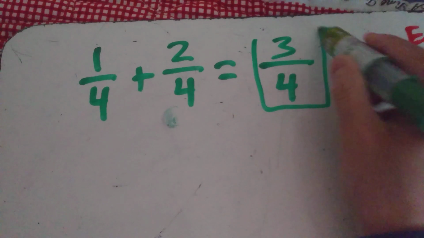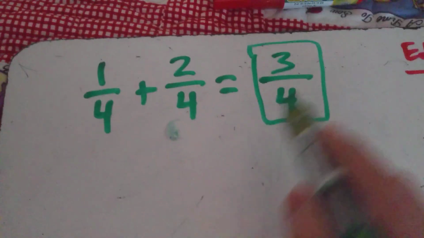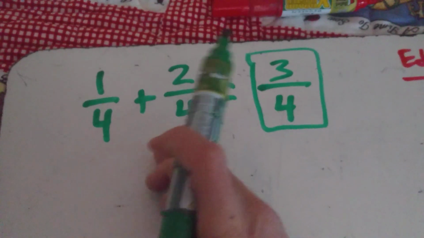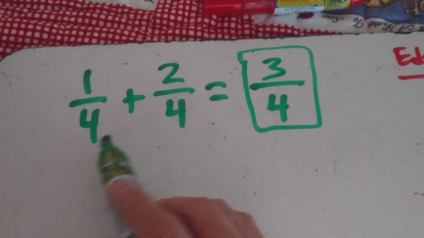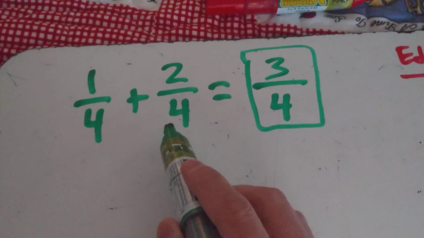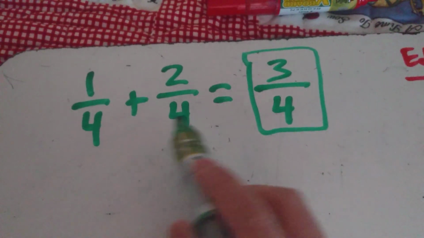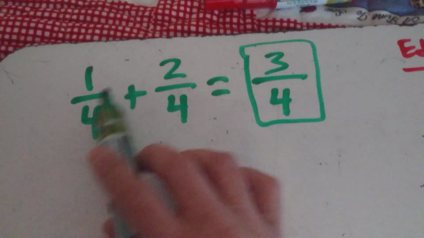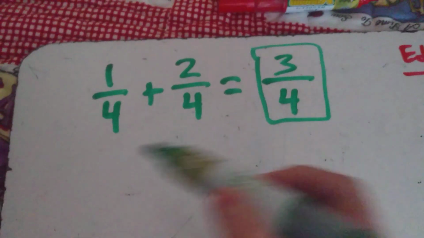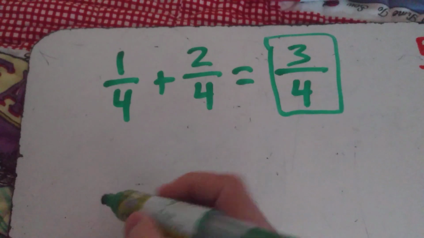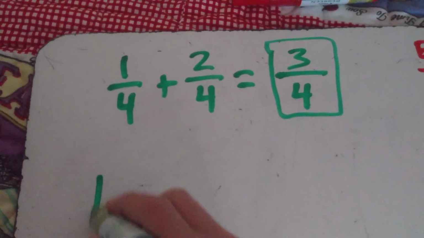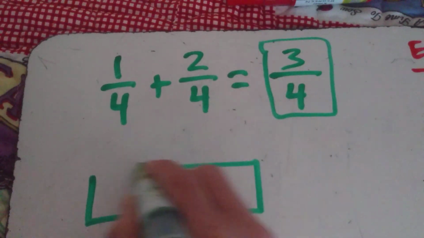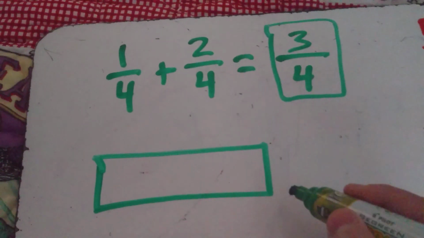We could solve it like this, but let's say you're not 100% familiar. Let's say you don't have this quite down yet to be able to recognize that you have similar denominators and you can just add straight across the top. Or maybe you just choose to represent it in multiple ways. So here is a fraction bar. Now I have my fraction bar there,